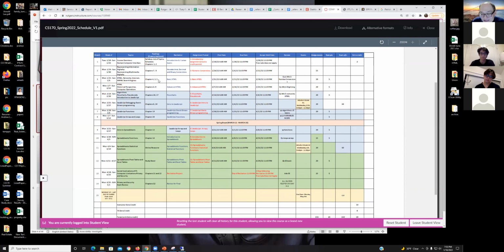Now the readings, some people say, oh, are you going to just cover everything from the book? If I was, then you wouldn't need to come to lecture. You could just read the book, right? So hopefully all the different pieces that we have are meant to complement each other. So the book is one thing, you can read the book. In fact, a decent number of the exam questions essentially are coming right from the book, right? It's almost word for word, some of these questions that we get for the exams and what's in the book, right? Whether it's the questions at the end of the chapter or some of the readings,